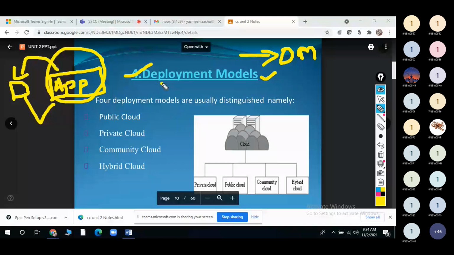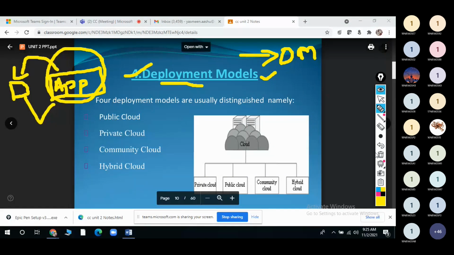Setting up of an application at the client's location is known as the deployment model. It means whatever applications we are developing, we are setting at some client location or the service provider location, which is known as the deployment model.